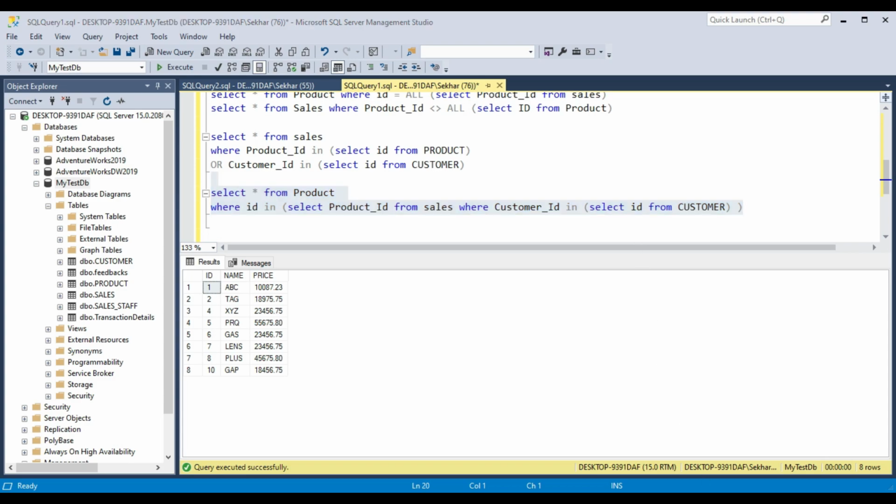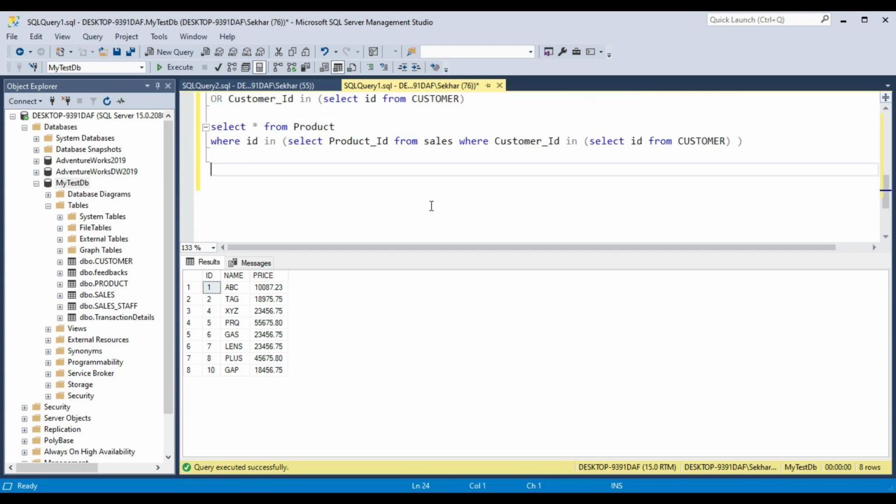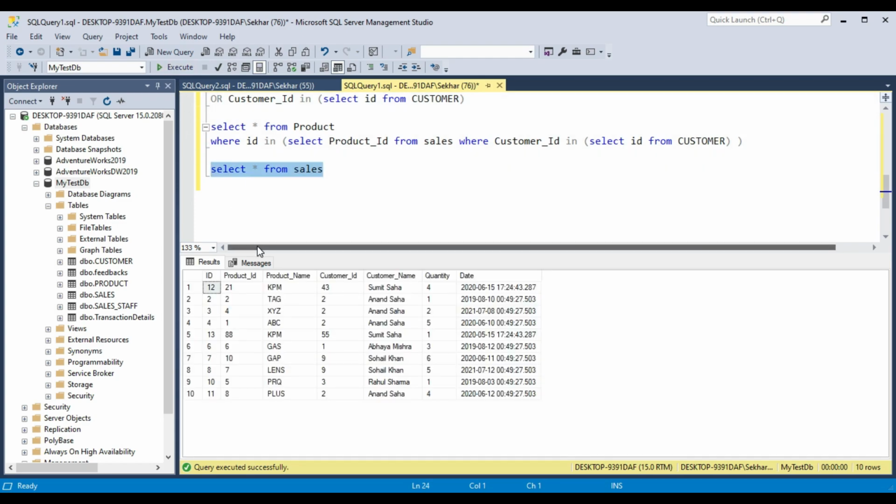We'll look at other kinds of subqueries also, like suppose you want to give some columns. Suppose you write select star from sales. If you write this, you get all the records, all the columns from sales. So it is giving you all the records.